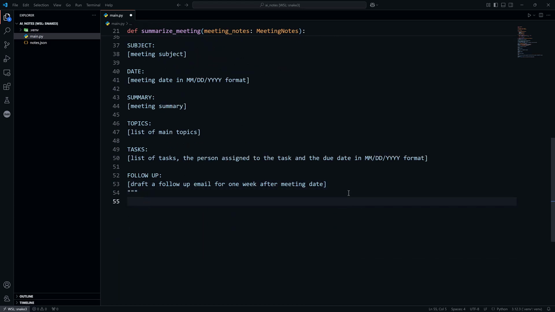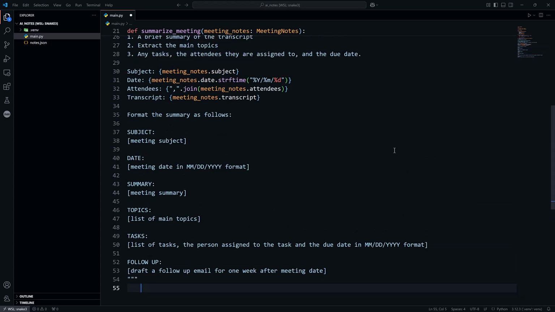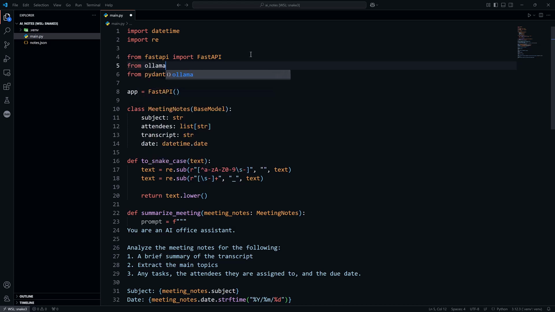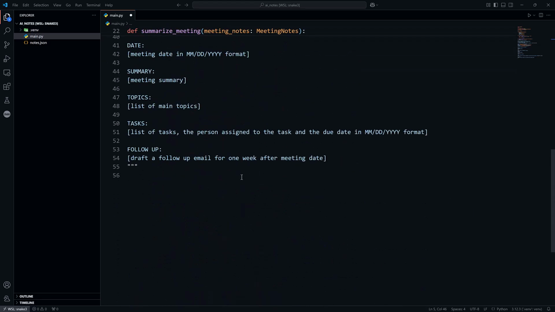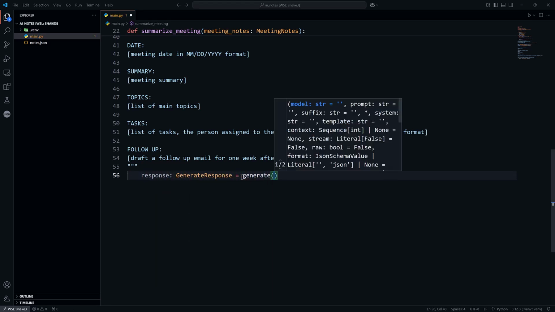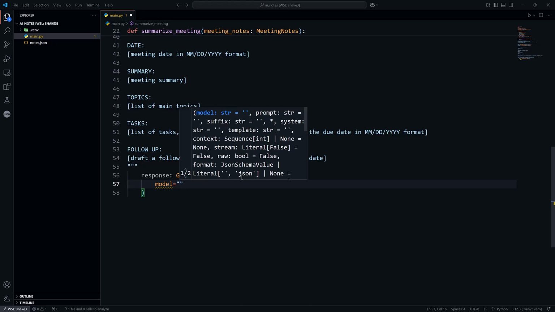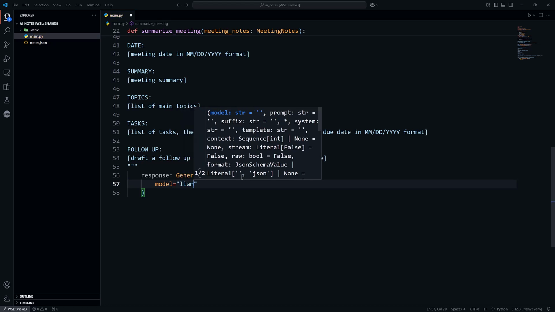We're going to use the generate function in the Ollama package. So I need to import that, say from ollama import generate, and then I'll also grab the GenerateResponse type to handle the response of the generate function. So we'll say response is of type GenerateResponse equals generate. So we'll call generate, and just like we saw in the previous videos, it's going to need a model. Now I've already downloaded Llama 3.1, the 8 billion